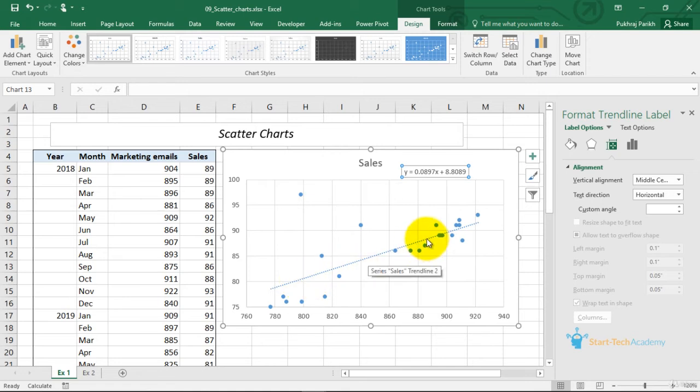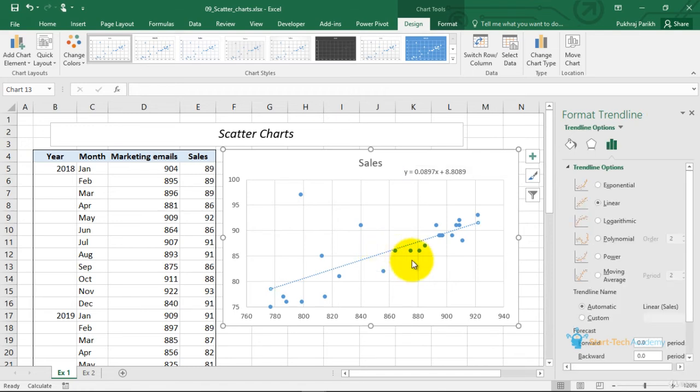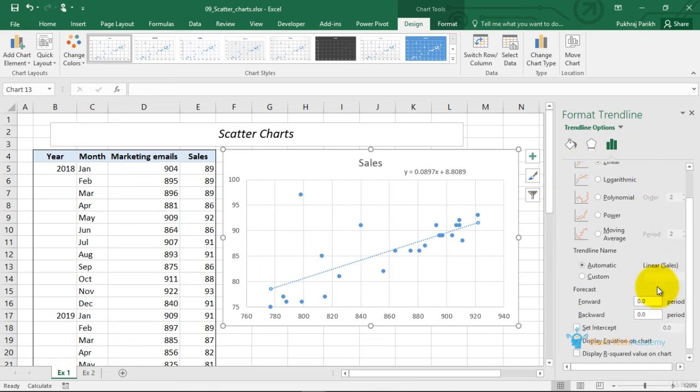Once you plot a trend line and you are happy with it and you would like to use its equation, you can find that equation by clicking on this line, selecting its formatting options and ticking this box. If you understand the terms R squared and intercept, you can add those options also. So the R squared value for this line is 0.48.